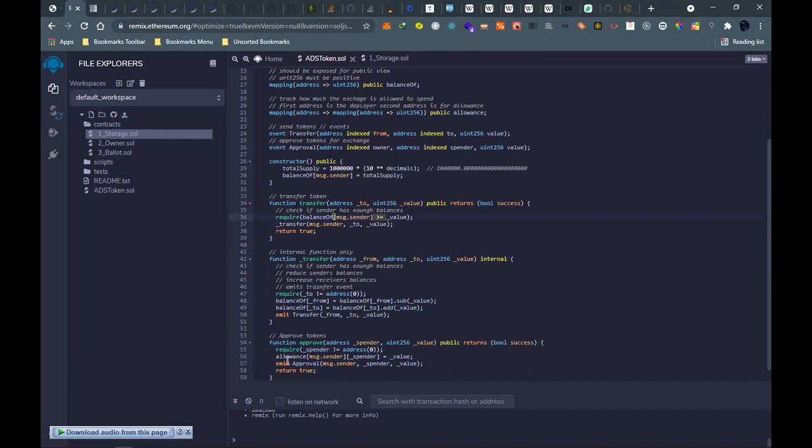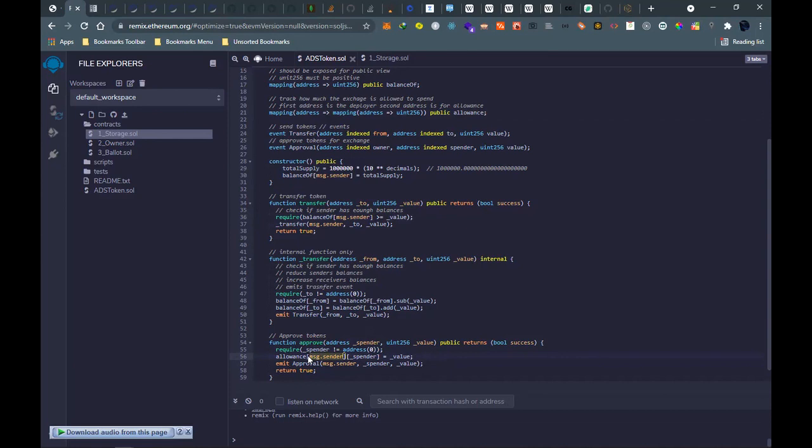So we have allowance, from the mapping. This is the sender's allowance. It's in an array because we don't know exactly the address that we will be allowing.